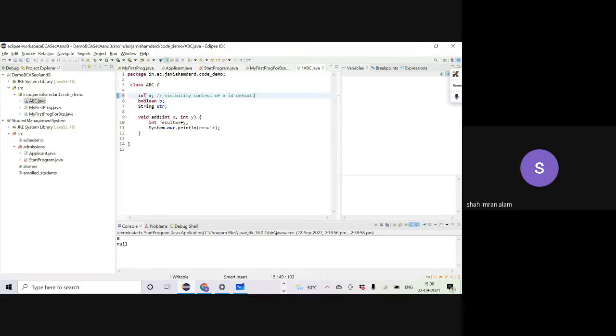Similarly, visibility control of class ABC is default. Similarly, visibility control of this method add is default.